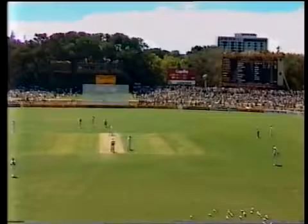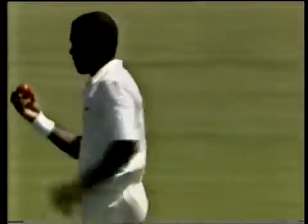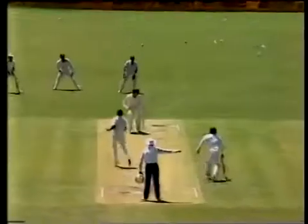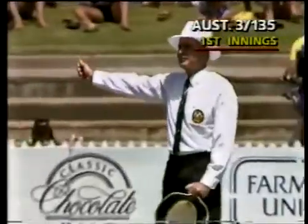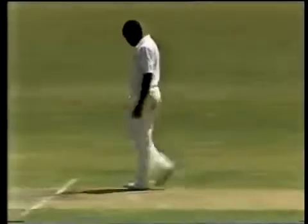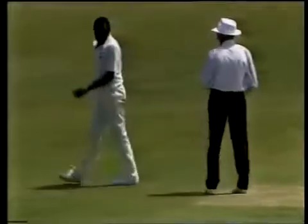So here's Malcolm Marshall, and he'll continue to Dean Jones. Well, yet another no ball from Marshall. The situation in the test match in Perth was the worst for no balls in the series. West Indies had a lot of difficulty there. They've had difficulties over the years, and in that test match out in Perth,